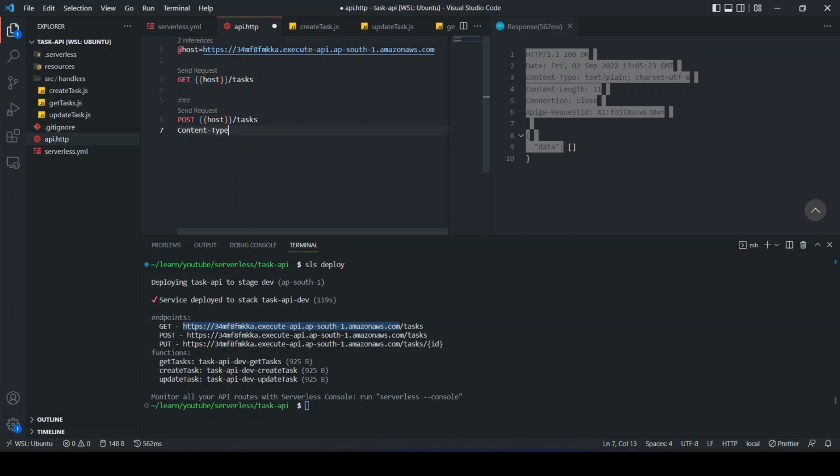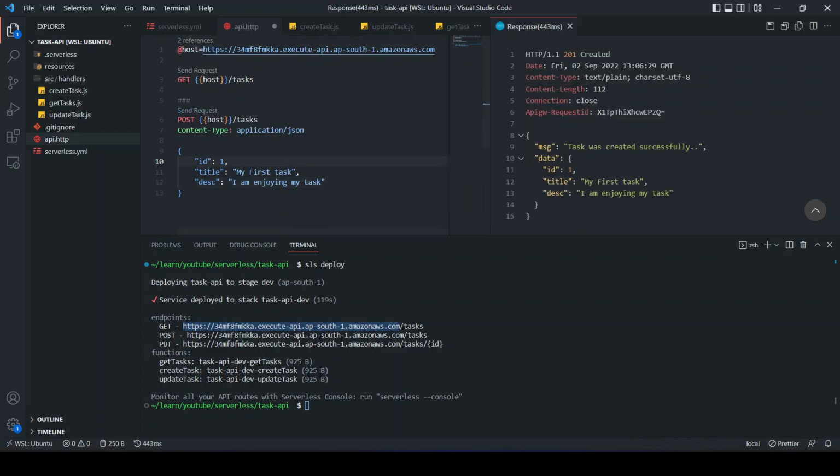The request body is of type application/json, and let's say I have ID 1, title my first task, and description as I am enjoying my task. Okay, click on send request,